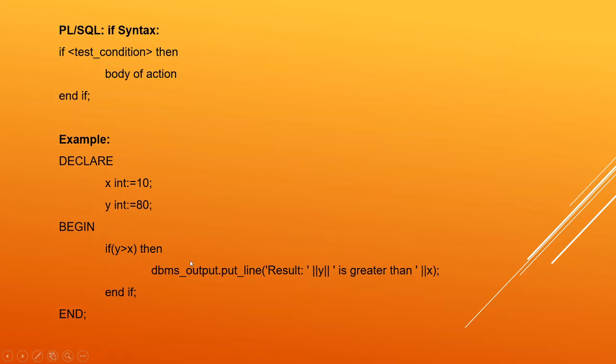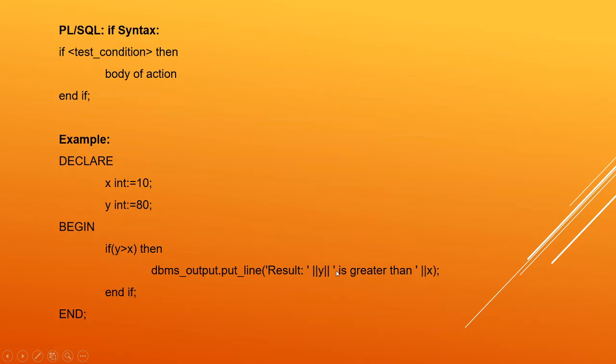All right, the takeaways from this program are that you should know how to declare a variable. This is the syntax of declaring a variable, and this is the syntax of initializing a variable. And dbms_output.put_line is the print statement or output statement in PL/SQL. dbms_output is the package name and put_line is the method. Whatever has to be printed, we give within this method put_line.